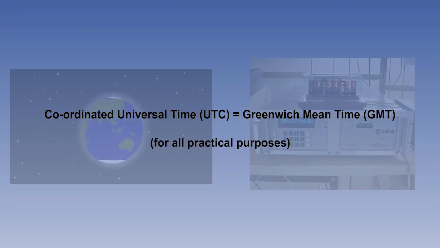The difference amounts to about half a second a year, so to us as aviators it has no practical effect. When required, a leap second is introduced to bring the two into line, but most people are never aware of it. We will use the terms Coordinated Universal Time, or UTC, instead of GMT from now on.